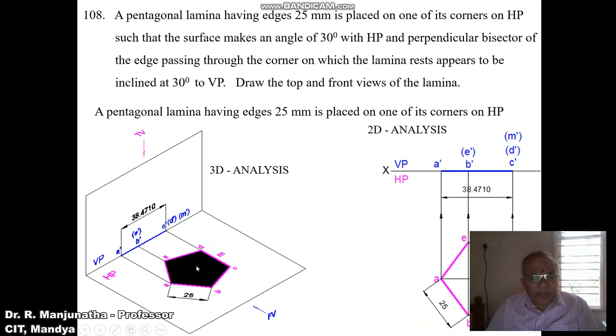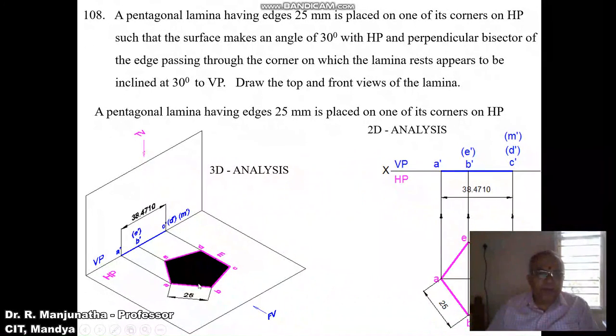we have to start from the horizontal plane. So here, first we take the surface inclination with respect to HP as 0 degrees, in the sense that the surface has to be parallel to HP. When you look from the front view, all the sides are resting on HP, so obviously it is parallel to HP, and we get the true shape here. When you look from the top view, all the points are visible: A, B, C, D, E are visible.